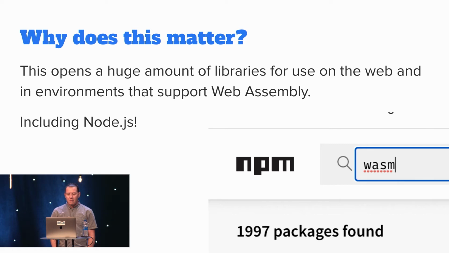But now you have a huge amount of libraries. You can take all of these existing code bases that are written in all these different languages, and you can compile them and use them in a browser. And you can use them in Node. So this is just a quick search I did on NPM for just Wasm, right? And there's almost 2,000 packages.